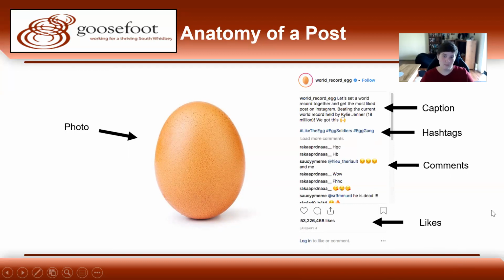and then you've got the comments and the likes below that. So this is a joke account, but it has actually achieved its goal of setting the world record for getting the most number of likes. They wanted to beat out Kylie Jenner. Somebody found this nice, pretty stock photo of an egg and posted it up with the goal to beat out Kylie Jenner, and they succeeded. It has 53 million likes. Sometimes Instagram is very silly. Sometimes it's serious, but I just took this because it's a fun, non-controversial post